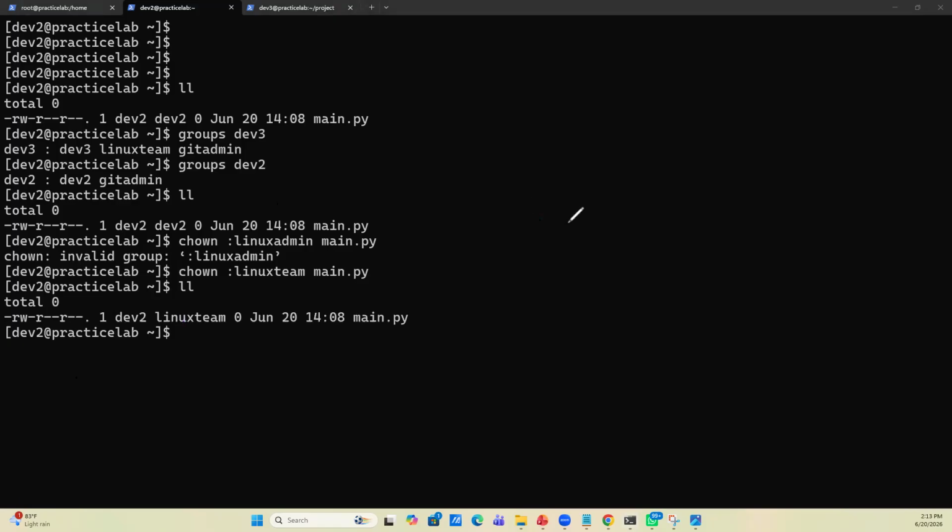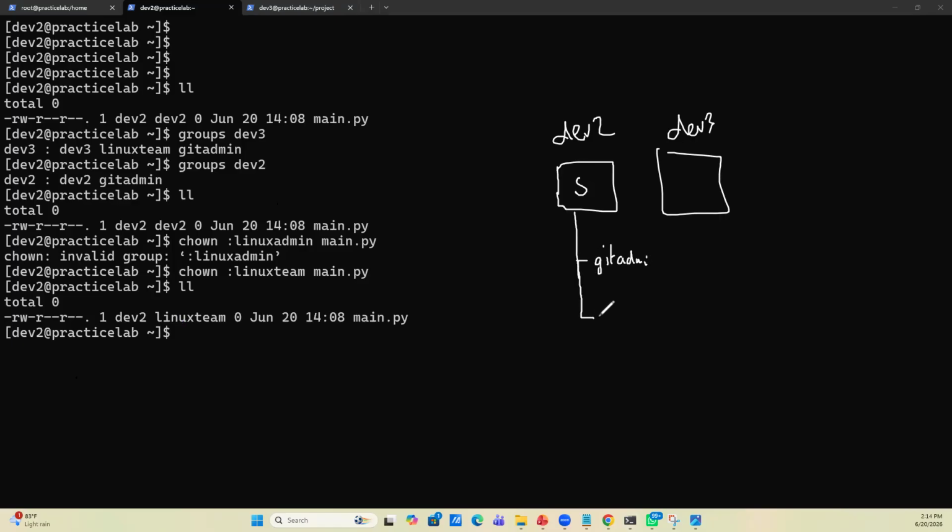You see, you have dev1, they have dev2, and you have dev3. Initially, he's only part of the Git admin group, as we're only looking at secondary group, Git admin. He's not part of the Linux admin group. There's a group called Linux team. Dev2 is not part of the Linux team. So when he runs the command shown and adds Linux team and main.py,